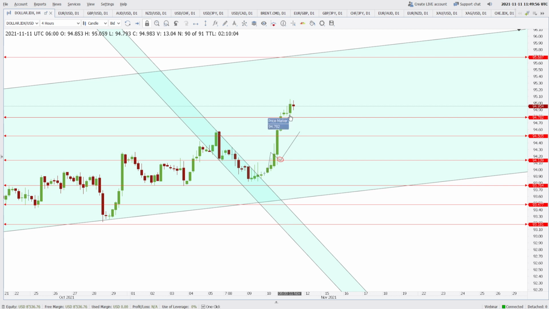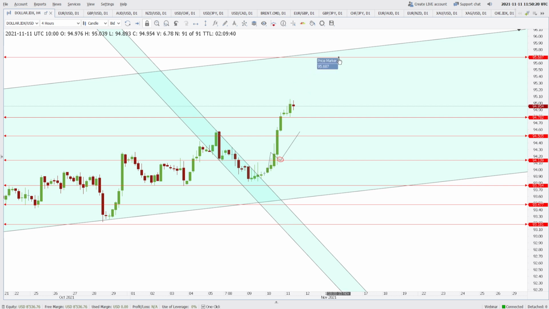If it is holding as a support, the next zone of supply is going to be 95.68. When I say this, it means that until price reaches here, there will be no more sellers to overpower the buying power. So if there are no more sellers on the way to overpower the buyers, that means the price will